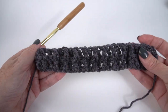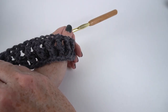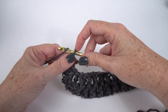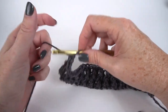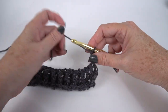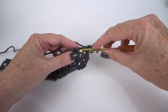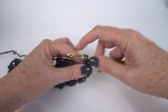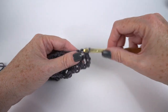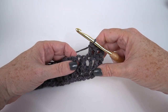So here I am at the end of the 2nd row. I have post stitches on this side and I have post stitches on this side. Chain 3 turn, 1, 2, 3. Put a double crochet in each of the next 2 double crochets. 1, 2, and now it is brainless crocheting from here on in